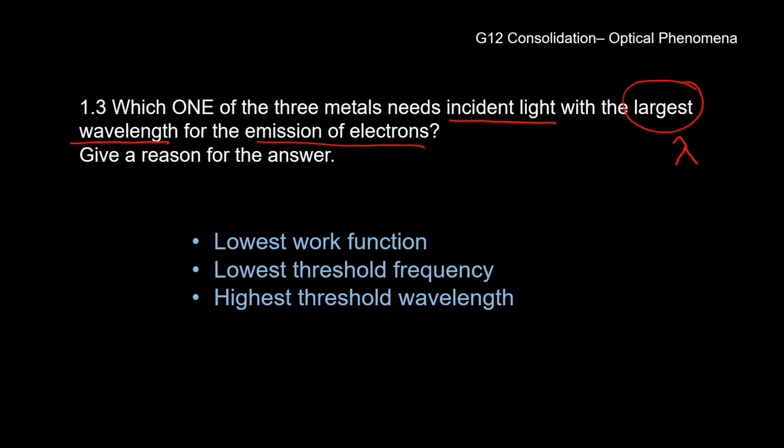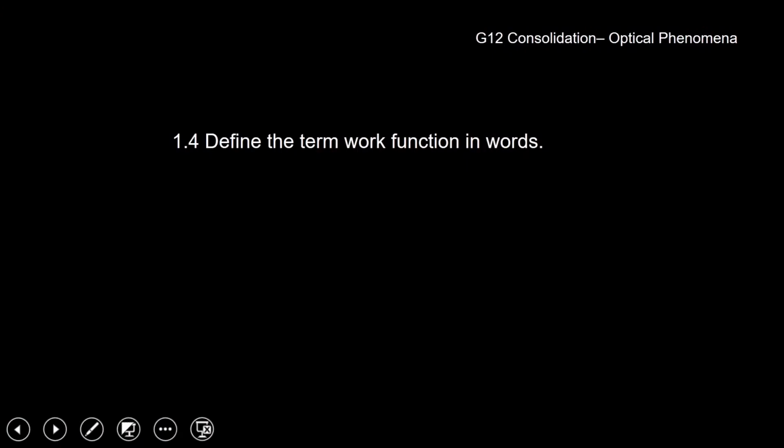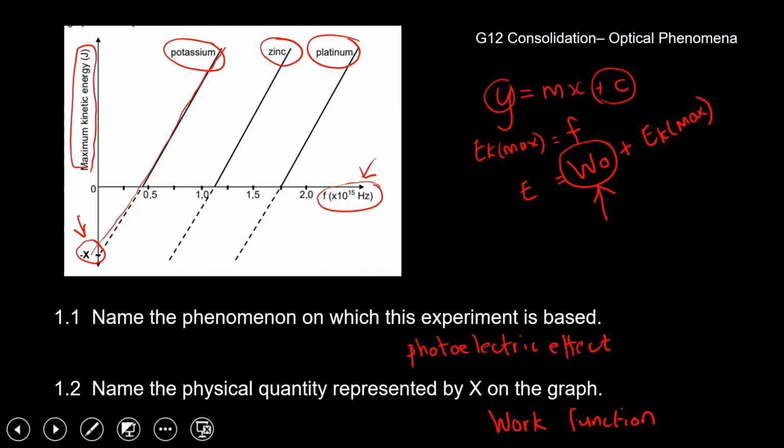But we have been given information which is about frequency. Let's have a look at this graph again. I'm going to turn back to the graph. We have been given information that is about frequency, and now they're asking about wavelengths. What is going on? If you remember back to speed of light, you will know that the speed of light